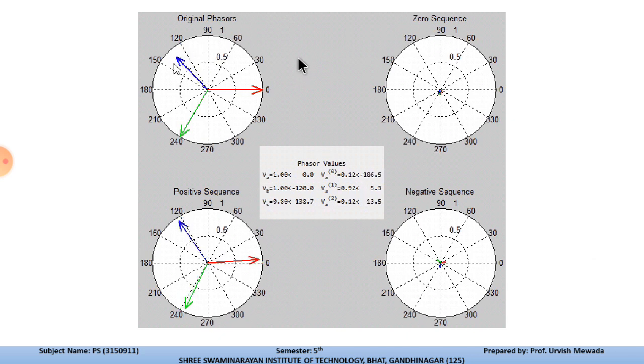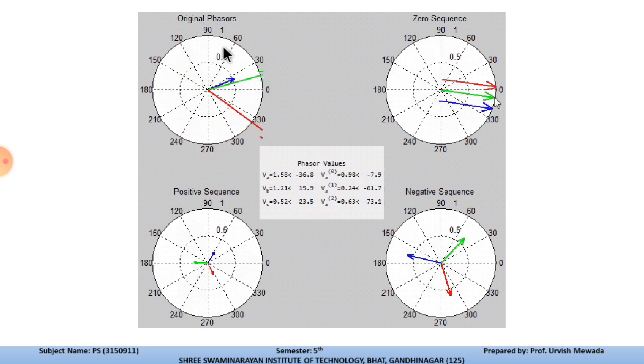Now over here you can see that this is the original phasor in which we are changing the phases, meaning the sequence of the phases. As we change the phase sequences, the positive, zero and negative sequence phases change, and the magnitude of the phasor is also changing over here. After changing any of the phases, the positive sequence, zero sequence and negative sequence phases will change, and the original phasor will be the addition of all three positive sequence, negative sequence and zero sequence components